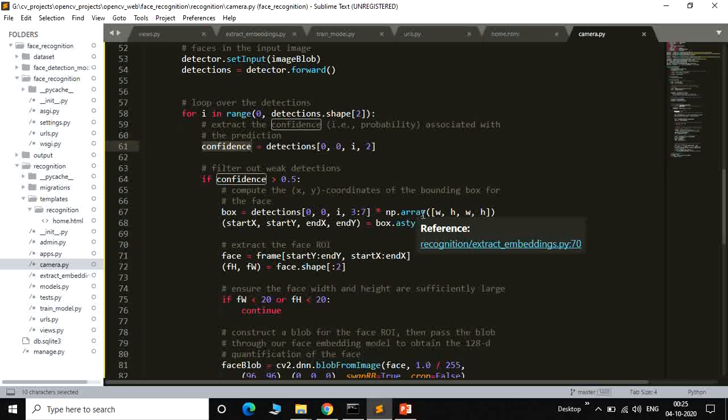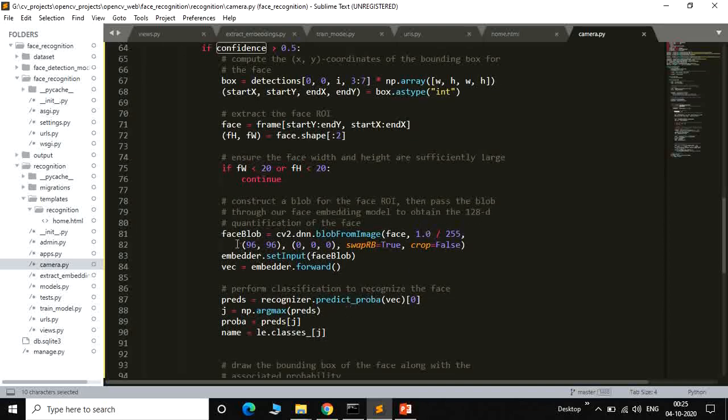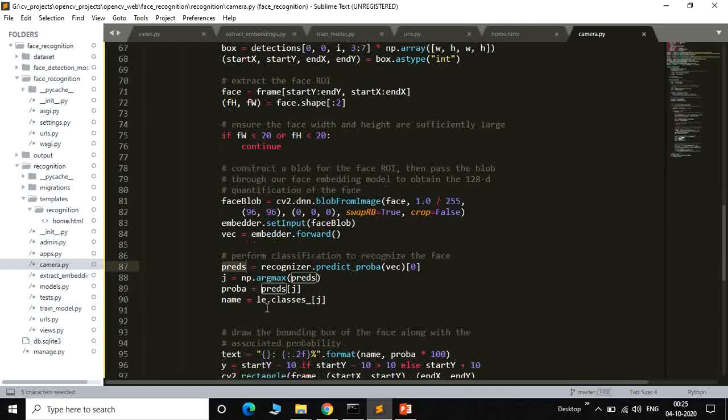If the face is properly matched, then we compare it to the embedded model. After that, if the embedding and the original video streaming image match, then we show the name above the frame. Now here we check the face box with the recognition module, and after that we get that particular file.